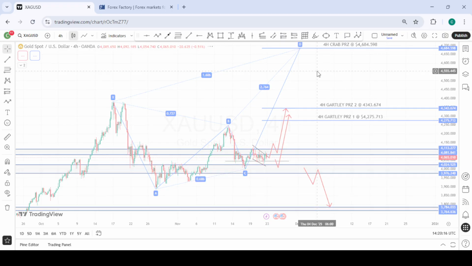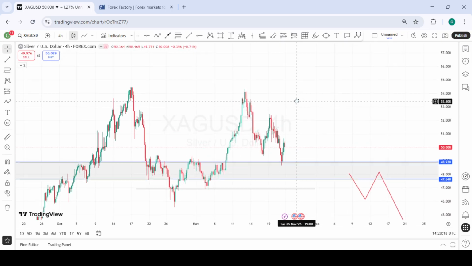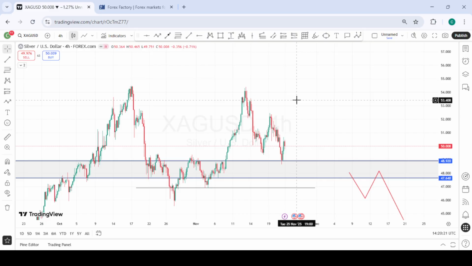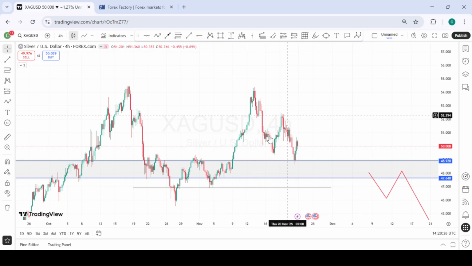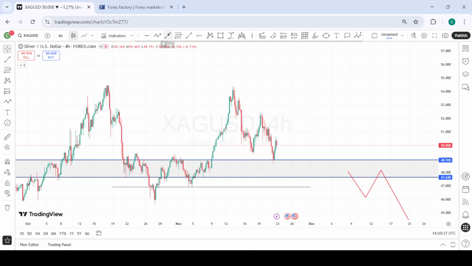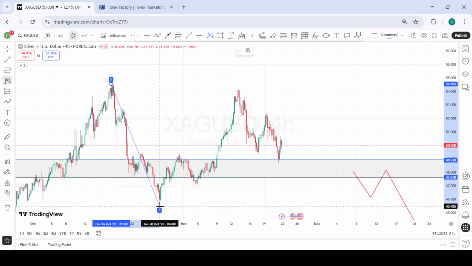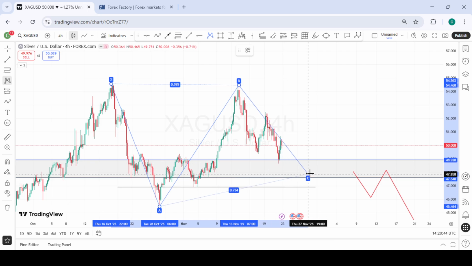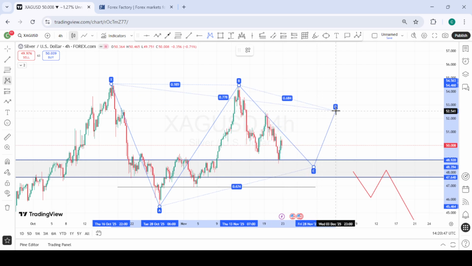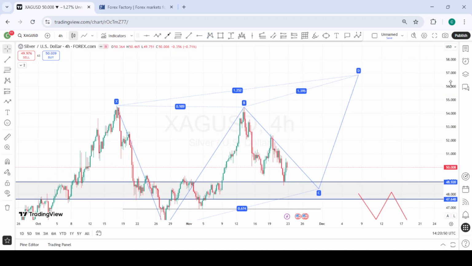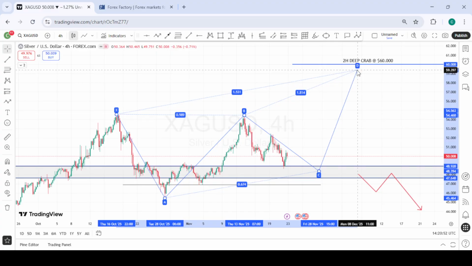this week. We have here silver, and so for silver, from the previous two episodes, we identified this pattern that price was possibly going to break above with a daily candle, come for a retest around this zone and give us a buying confirmation to the upside. So now the pattern has evolved, and now we're going to look out for a possible deep crab pattern formation. So these are X, these are A, these are B, these are possible C, which is here to finish developing, and this will be our D. The D is going to target $60 per ounce for